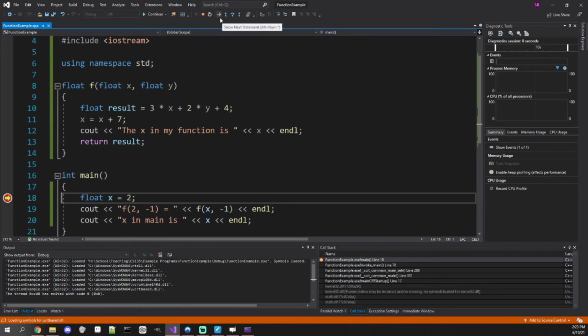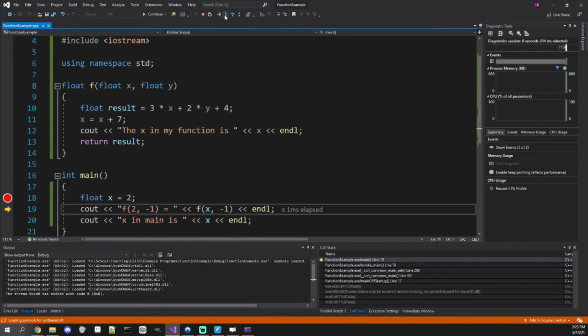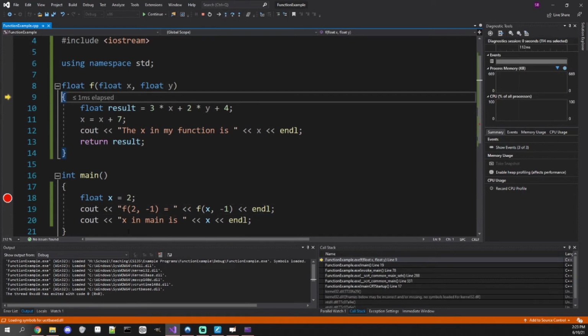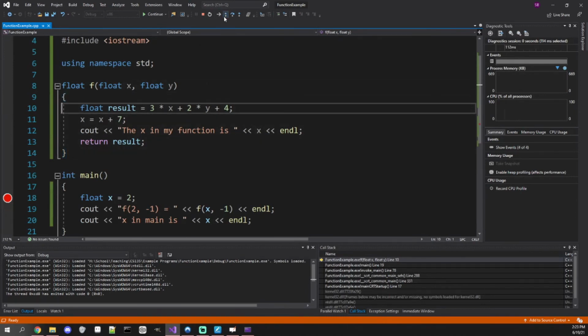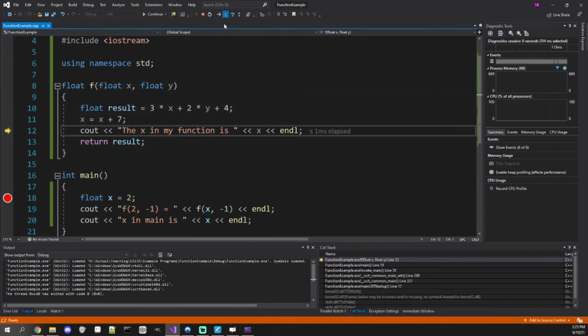little arrow up at the top. Both of these actually work, the step into and the right arrow, and it will execute the next line. So you see here, it's going to try and print the stuff. And so if I click it again, boom, it jumped up to the top. The little yellow arrow moved up to function f. And so what it quite literally does is it just jumps up here, executes all of the code in the